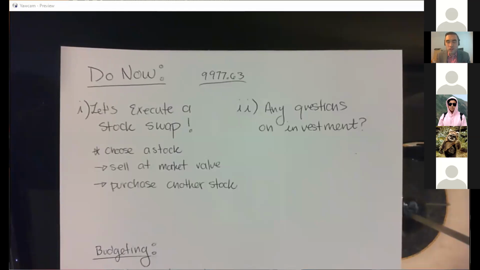Because this is a thing that I want you to do for yourself. I want you to make a copy of this template that I'm sending to you, just because this is one of the better templates that I could find online in terms of a personal budget. And I want you to fill it out